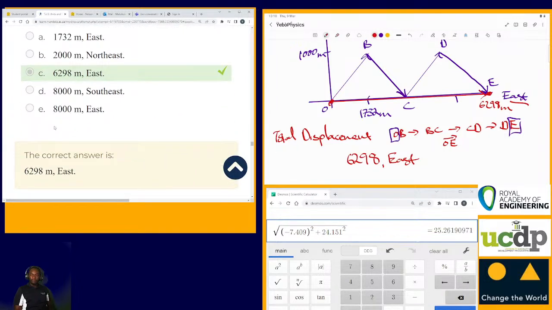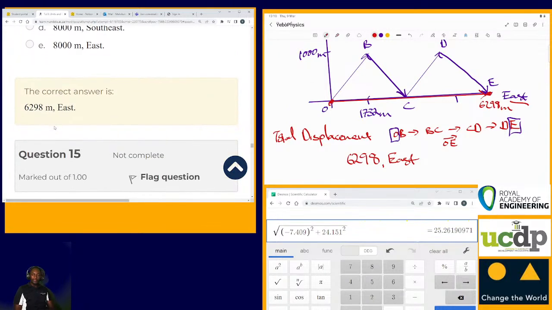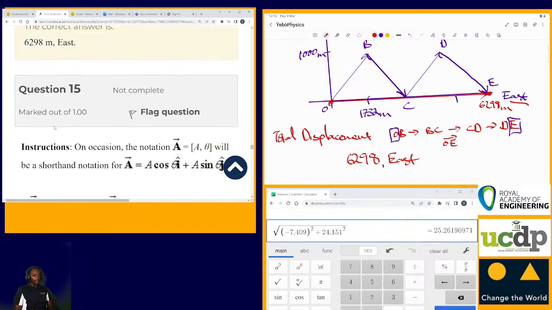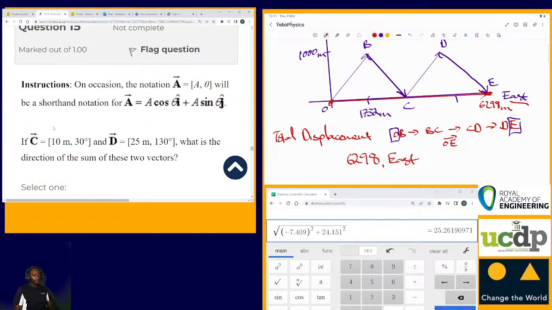Right, so that is how we're supposed to analyze that question. 6,298 meters due east. Right, then the next question, question 15, which is the last question on